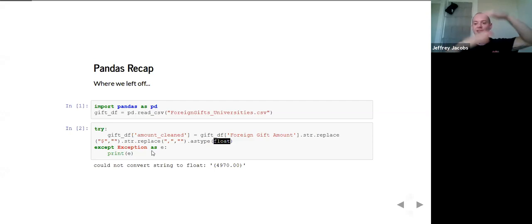It's literally just because the error that pandas produces was too big and it didn't fit on the slide. So this just basically takes the end of the error message. Like all this code, you don't need to learn it. I just put it so that we could see the end of the error message, right? And the end of the error message says, could not convert this string to float, and it's in parentheses. Well, this is the value that it's having trouble converting,